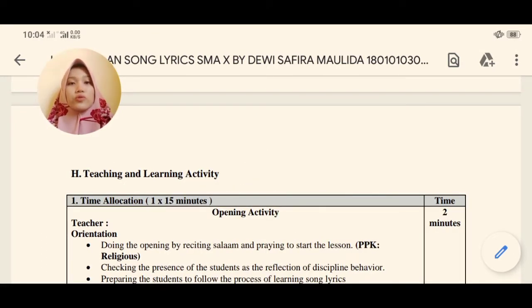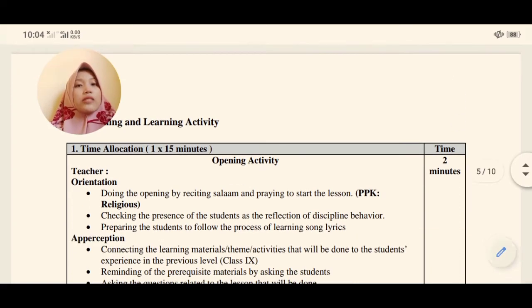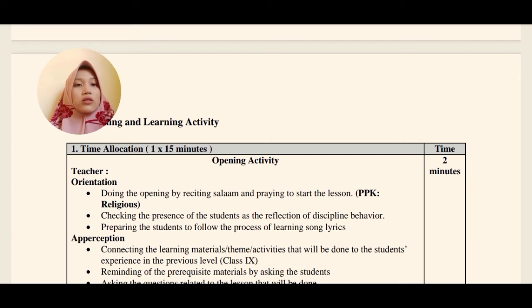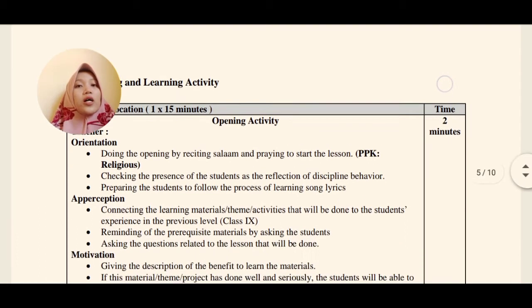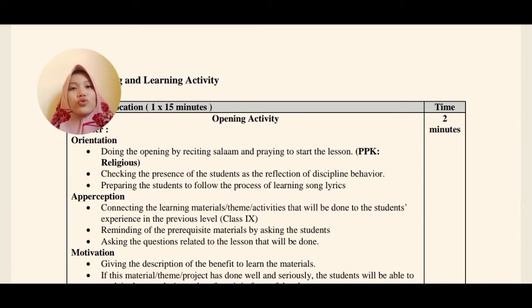Then we are going to enter each section, teaching and learning activity. Time allocation is 15 minutes. Then we are going to enter the opening activity. It is 2 minutes. The teacher has to do orientation